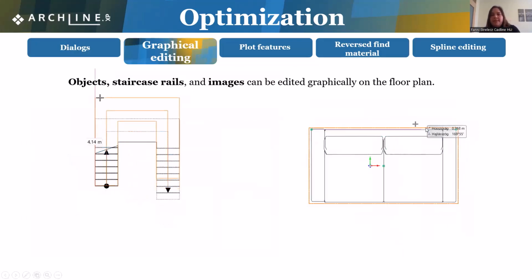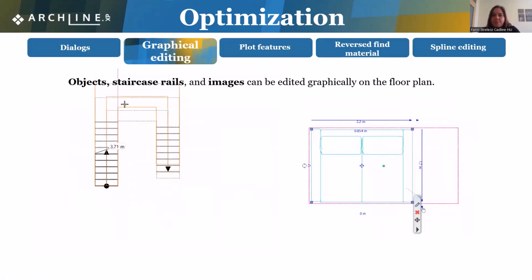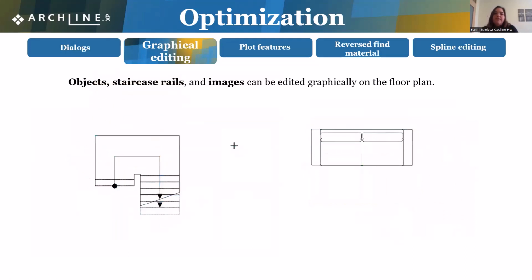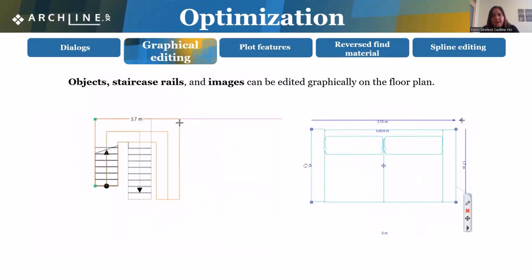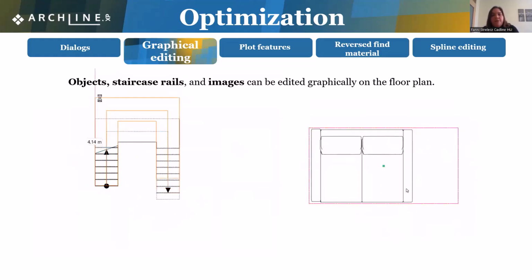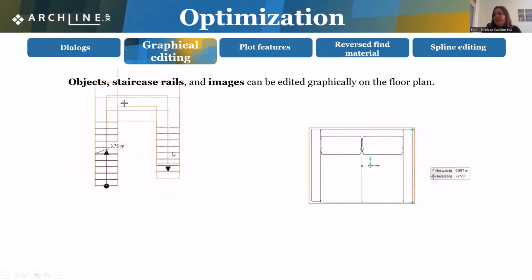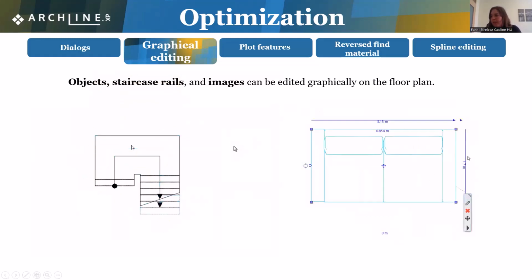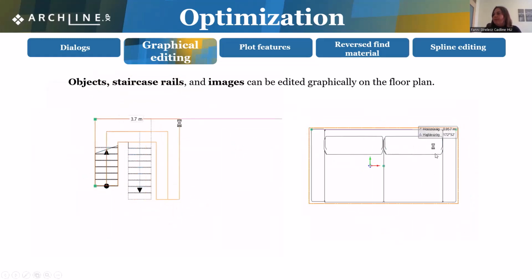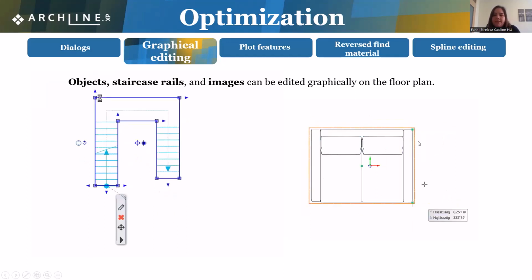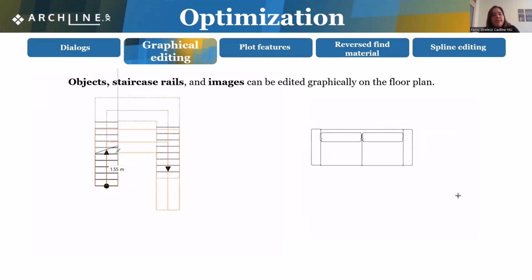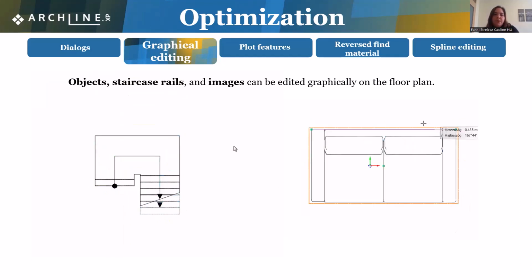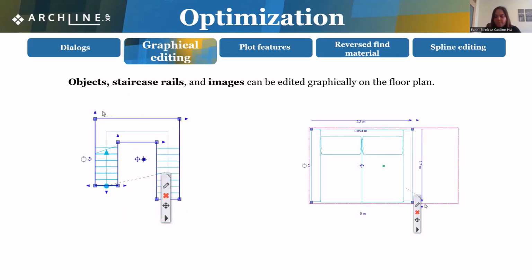Another great optimization is the graphical editing of objects, images, and stairs directly on the floor plan. Now you can edit stairs not only in the dialog, but also by clicking on the arrow visible in the animation, as you can see here from the floor plan. When selecting an object, two arrows will appear. You can also see it here in the animation. The first arrow is used to indicate the direction, while the second arrow allows us to resize the object and